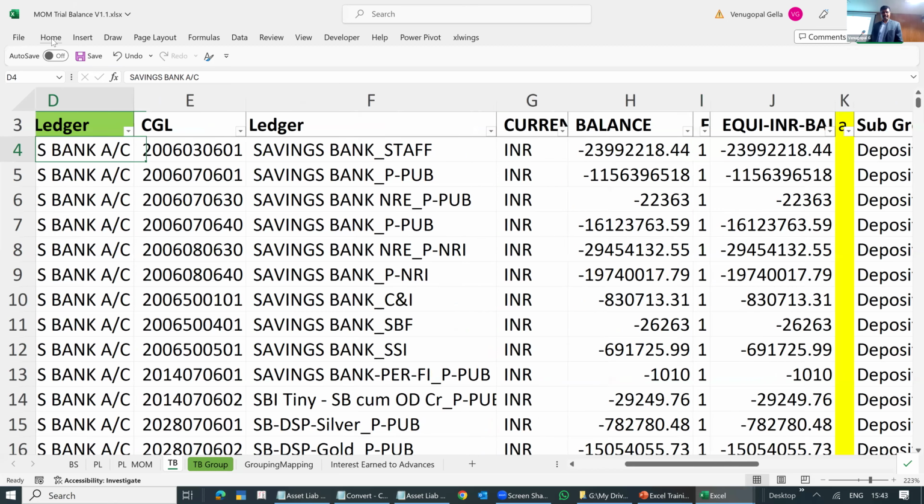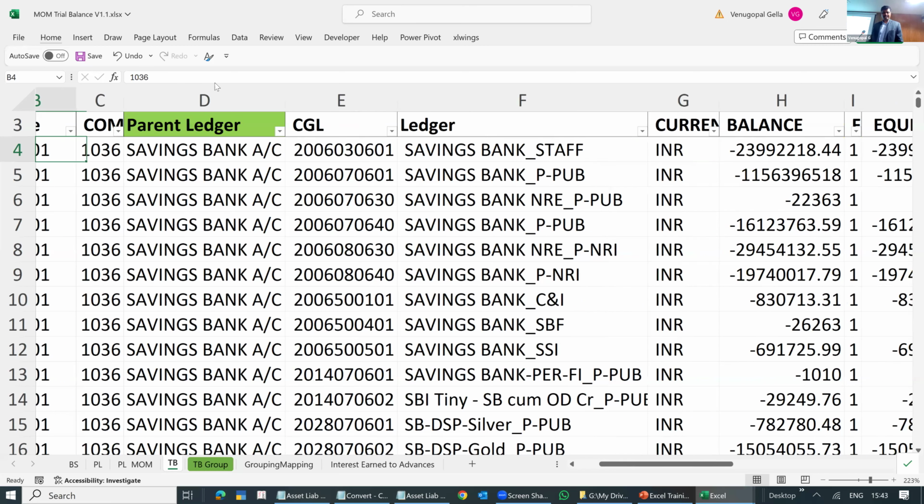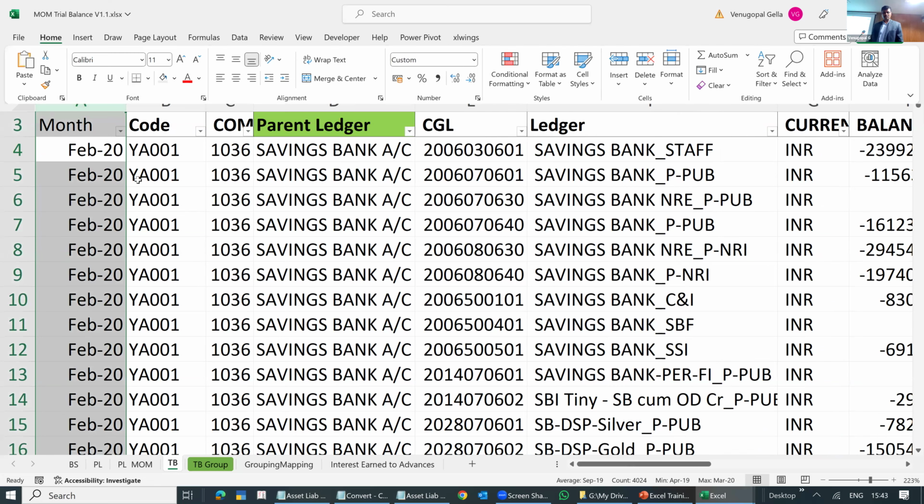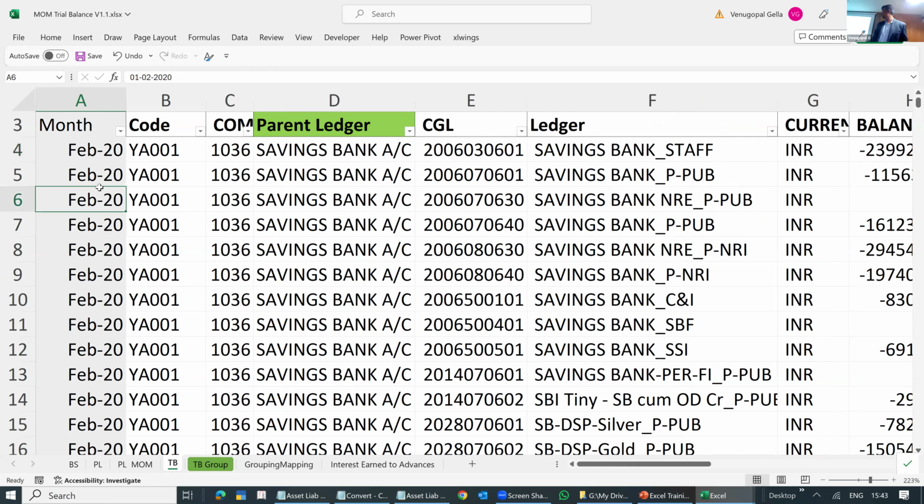I have just added which month the data is for, so for February I have written February. Otherwise, I have just done a copy-paste of all the data as such.